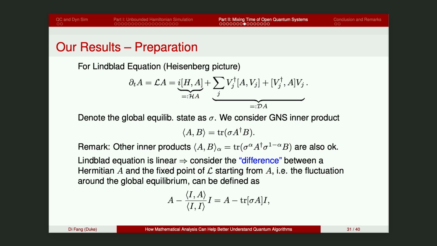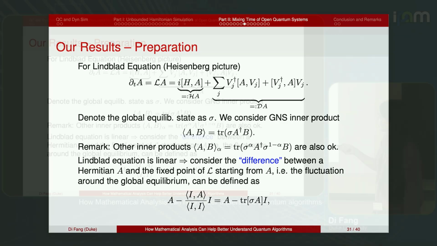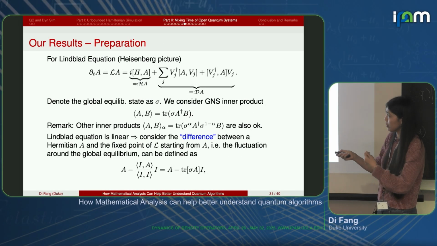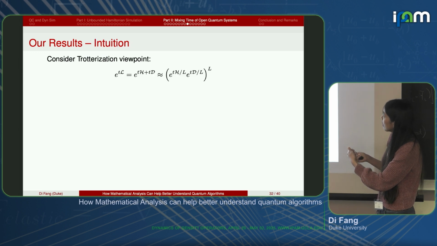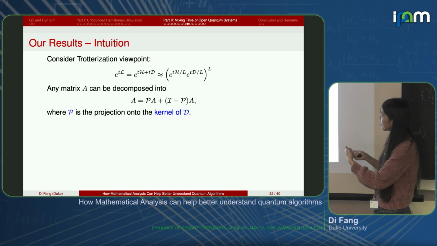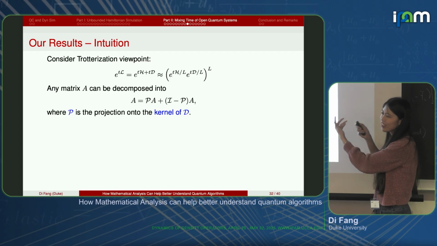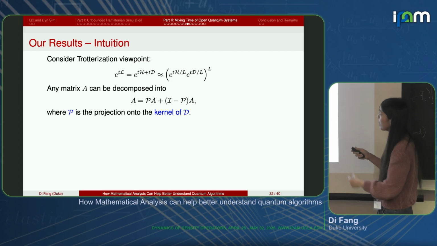So you can pick your favorite inner product, particularly pick J and H. You can pick any other interpolation of alpha. And then we can look at the difference, because this is a linear equation. We just look at the difference. So maybe let me still mention this. So the intuition is that,